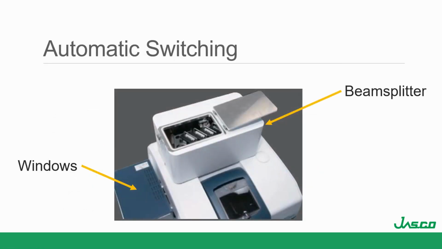So we talked about different beam splitters and different sources. If you're going to do full ranges, if you want to do far IR and mid IR, or near IR and mid IR, you need to change the beam splitter and the windows in between different methods because each beam splitter has a different useful range. So one thing you can do is get an automatic beam splitter changer with automatic windows, and then there's automatic detector switching as well in the bench. So these allow you to switch wavelength ranges without having to break your vacuum or purge.